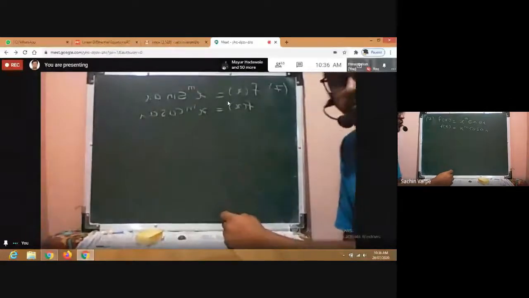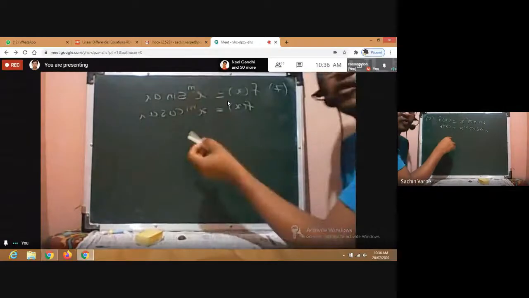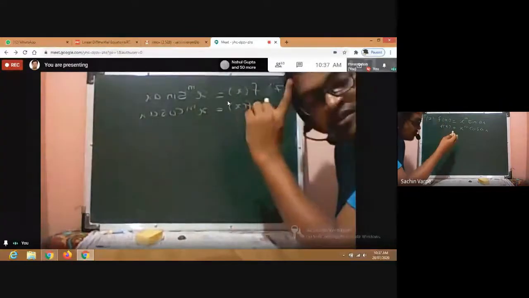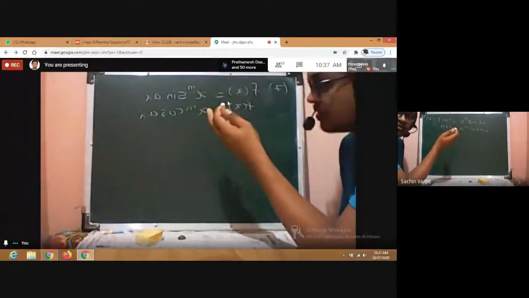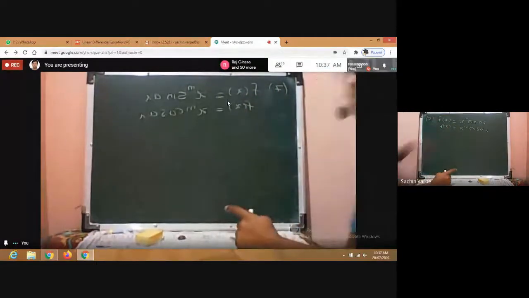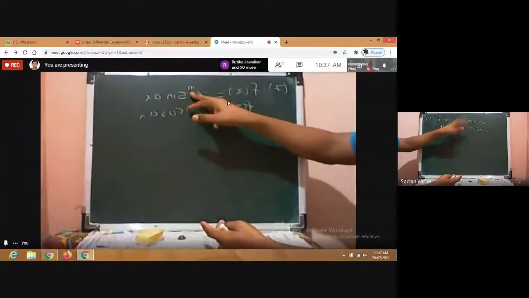So please note the change. The power of x may or may not be 1. Here there is no restriction on m, remember. It is not necessary, and it is not said that the power of x is not equal to 1, isn't it? ऐसा कुछ नहीं है. इस केस में ऐसा कुछ नहीं है. That is the case in the last case, that is, power of x must be 1. तो यहाँ केस, यहाँ power of x may be 1 or may not be 1, isn't it?